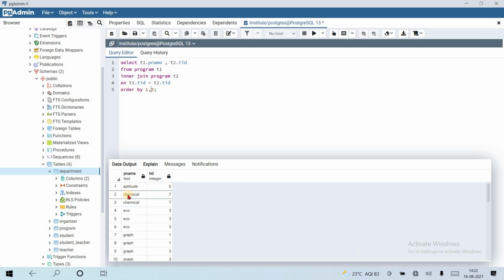First A 6, now CC 7 7, E 3 3 3. If there is R 4 7, then 3 4 7 like that. So we are ordering. That's all about self join.